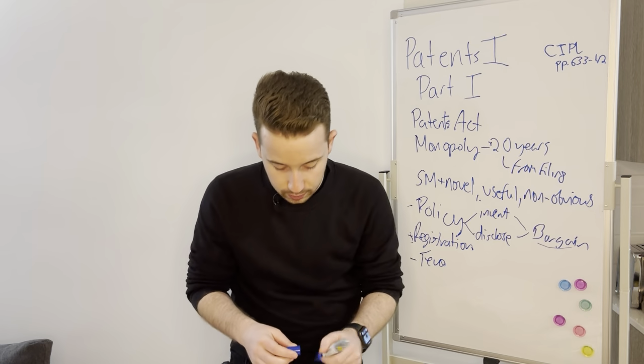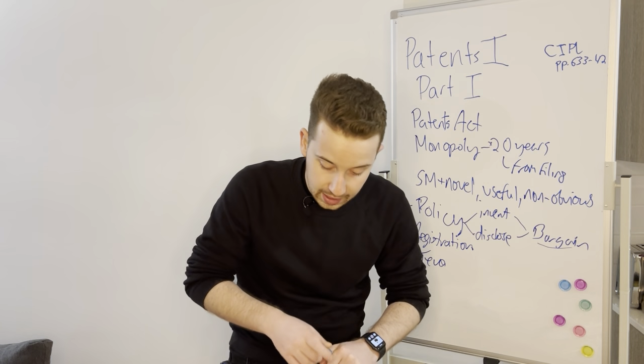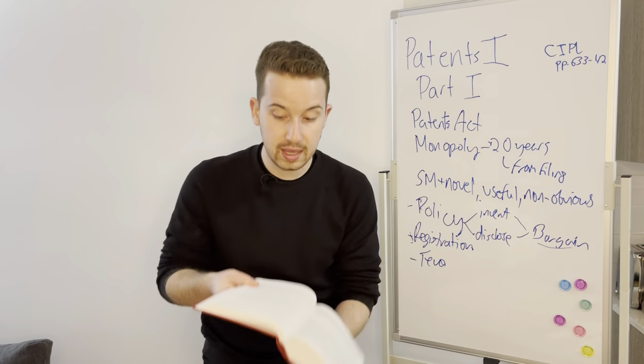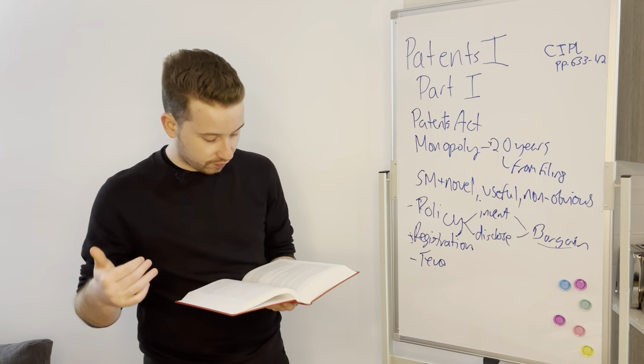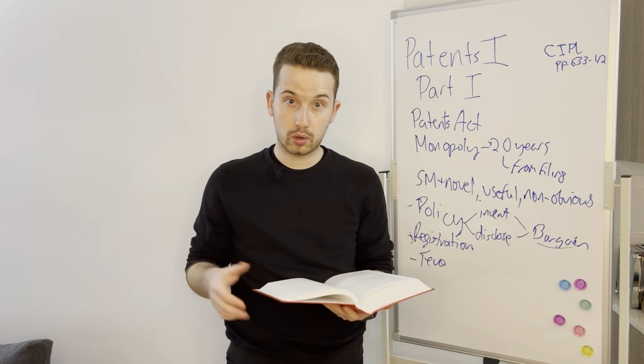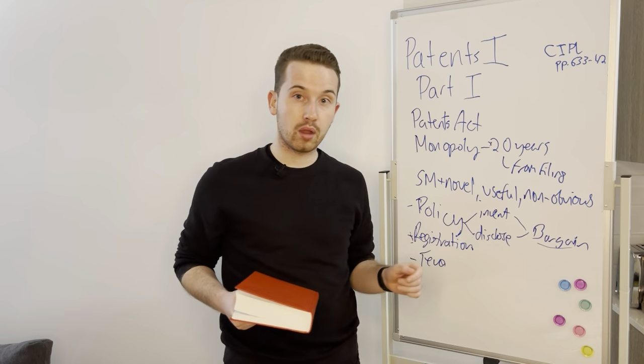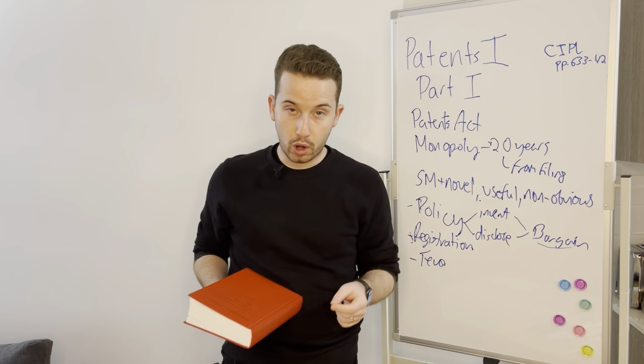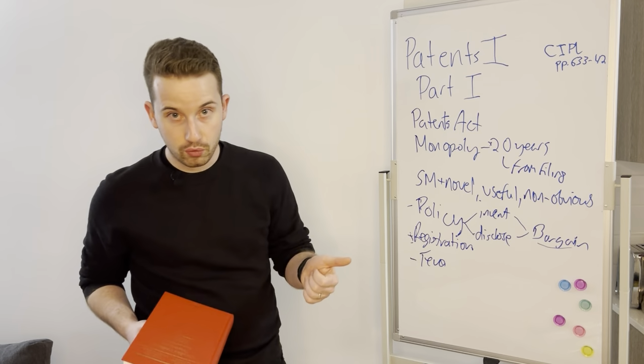And so the Tiva case discusses that, right? And it says that one of the important things is sufficiency of disclosure. Because, as we said, it's all about disclosure. The bargain is, right, we give you a monopoly